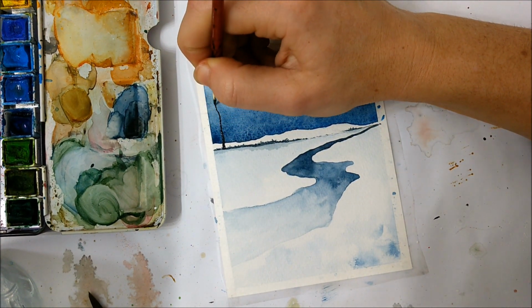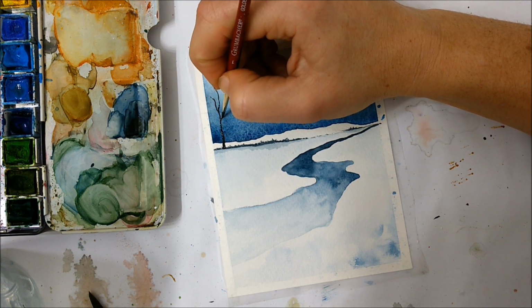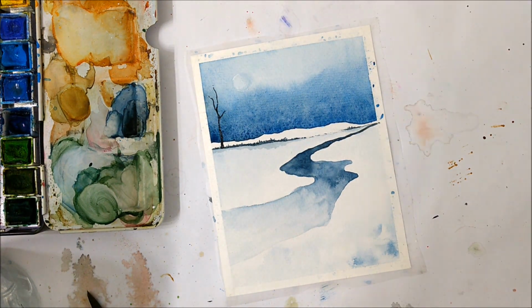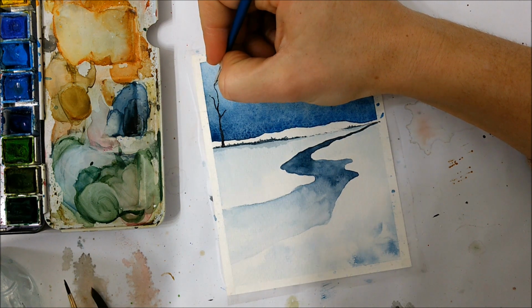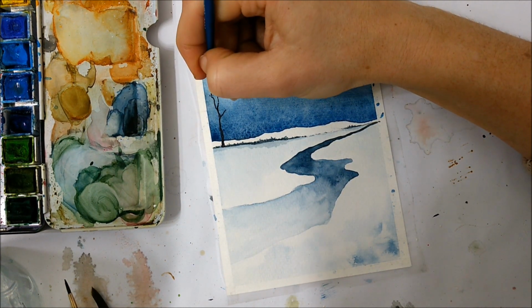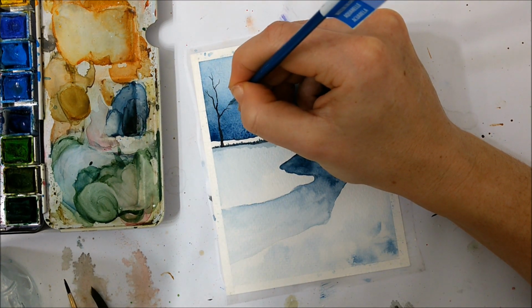Once you're happy with your little grassy details, we can start making the painting come together by adding all of our tree details. So you want to start your background trees from that grassy patch, extending past your mountainous area up into the sky. And the trees that are kind of in front of the moon, you want to make